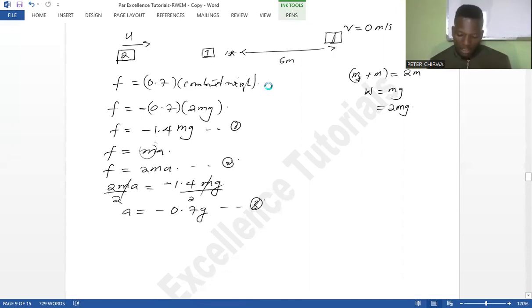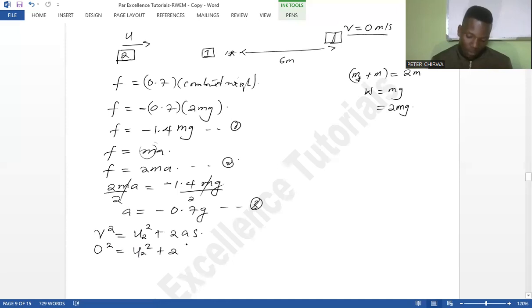Now let's look at the velocity just after the collision. We know that the final velocity is 0, so we use this formula. Let u2 be the velocity immediately after collision. It's going to rest, so we have 0 equals u2, which we want to find, plus 2 times the acceleration, negative 0.7 g, times 6 meters. So we have negative u2 squared equal to negative